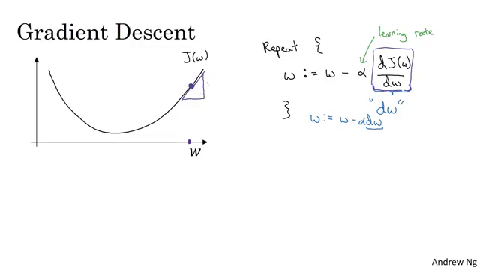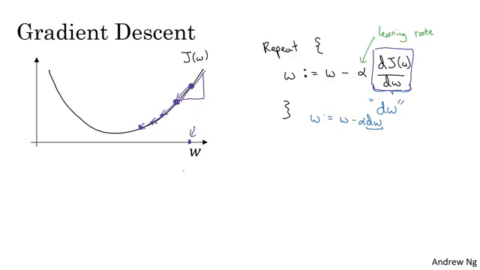And so here, the derivative is positive. W gets updated as w minus a learning rate times the derivative. The derivative is positive, and so you end up subtracting from w. So you end up taking a step to the left. And so gradient descent would make your algorithm slowly decrease the parameter if you had started off with this large